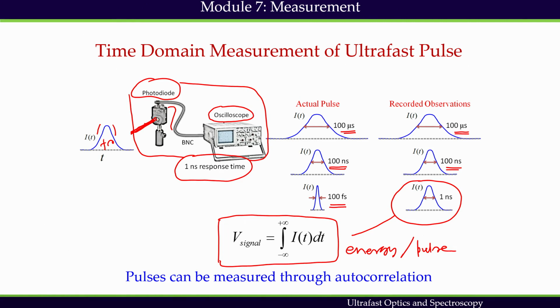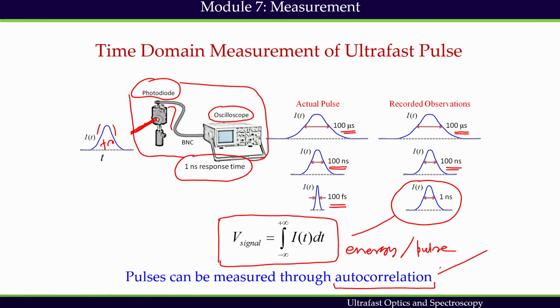Thus, detector output voltage is proportional to the ultrafast pulse energy. The slow response time of available time sensitive detectors does not permit us to make time domain intensity profile measurement of the ultrafast directly. So, then question is, how do we measure the profile? We measure the profile by a technique called autocorrelation with this device.